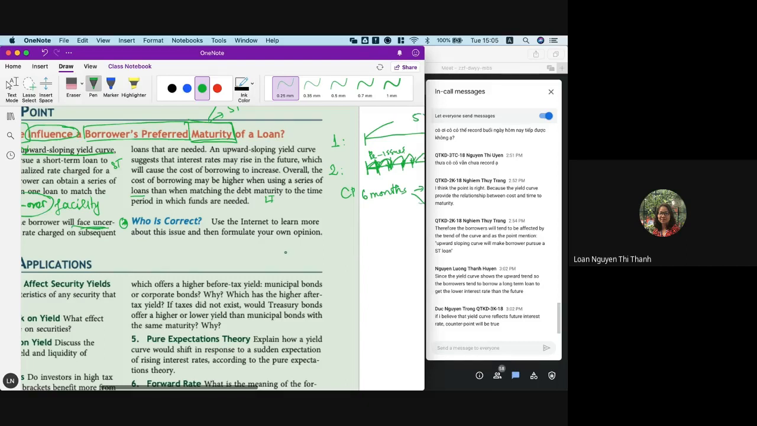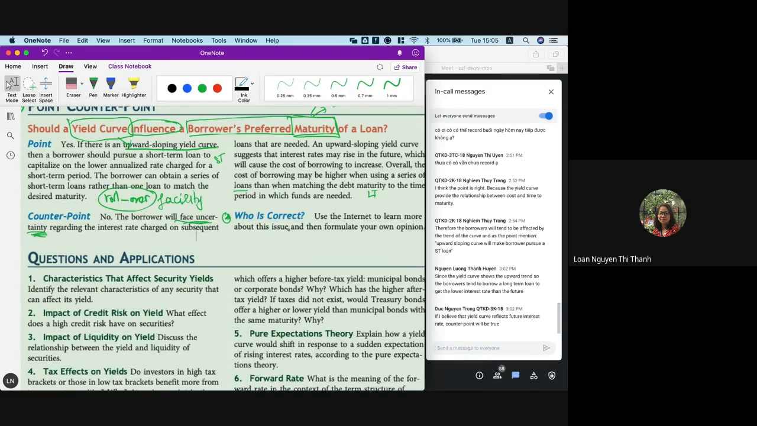Okay, but if you don't think the yield curve provides a reasonable forecast of the future interest rate, you may prefer the point rather than the counterpoint. So there is no correct or wrong answer here. Actually it depends. If you believe the yield curve provides a reasonable forecast of the future interest rate,